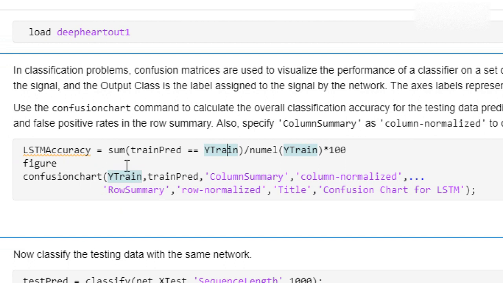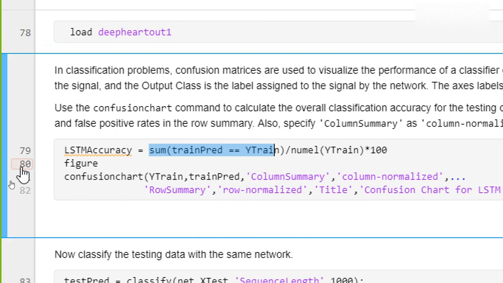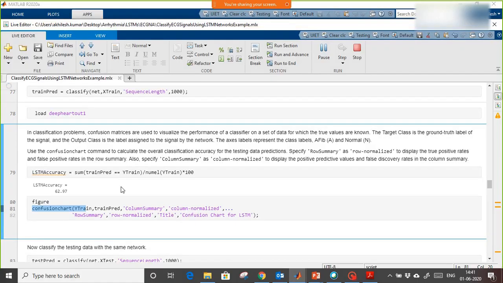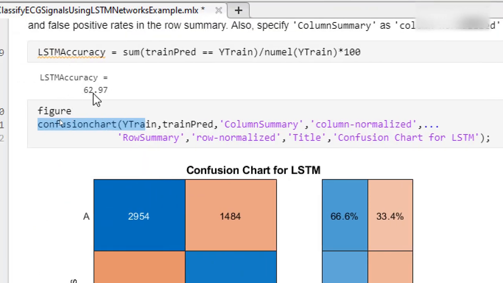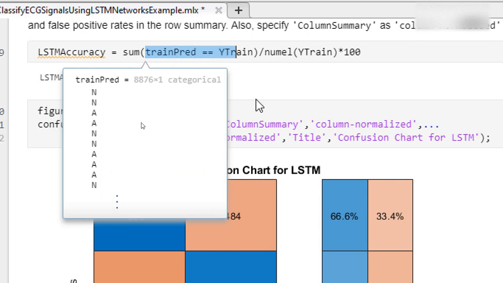So here, when the predicted value is equal to the training value, I will get value 1, and when I do a sum of it, I will get the total correctly predicted values, and divide by the total number of training samples. Further, we are plotting the confusion matrix also. You see here the total accuracy is showing 62.97 in this case.